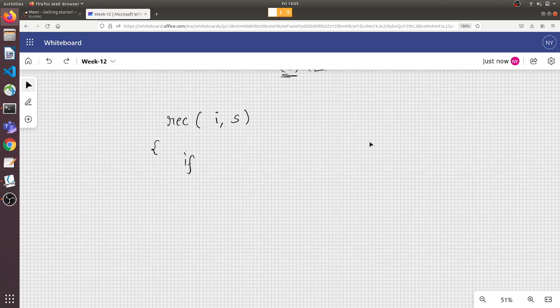So if s is equal to 0, then you will return 2 to power I minus 1. Else we will return